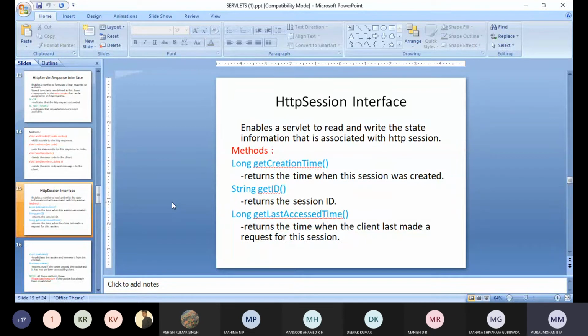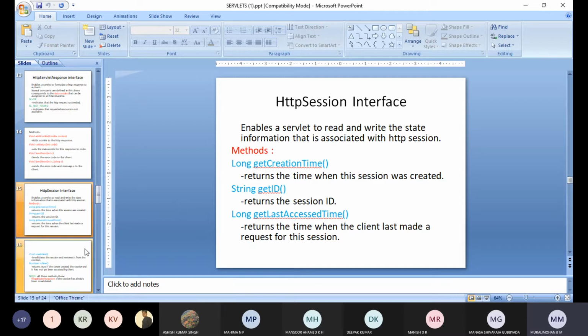So the methods are getCreationTime: when a session is created, that time is returned by getCreationTime. getId method returns the session ID. Next, getLastAccessedTime. This will return the time when the client made the last request for this session. Last means previous.